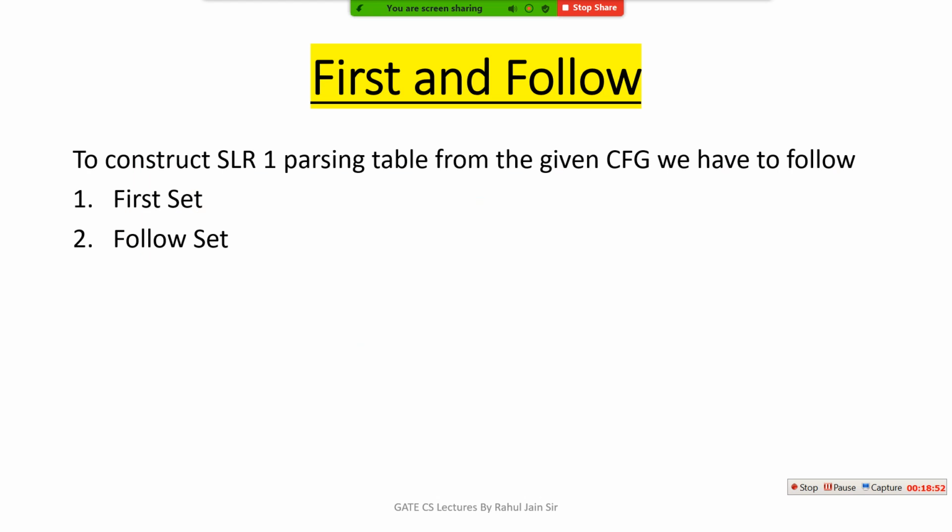I have just solved your yesterday's queries and told you how to solve LR0 and what problems we are facing. So basically we discussed yesterday that in LR0 parsing, the drawback of LR0 parsing is,